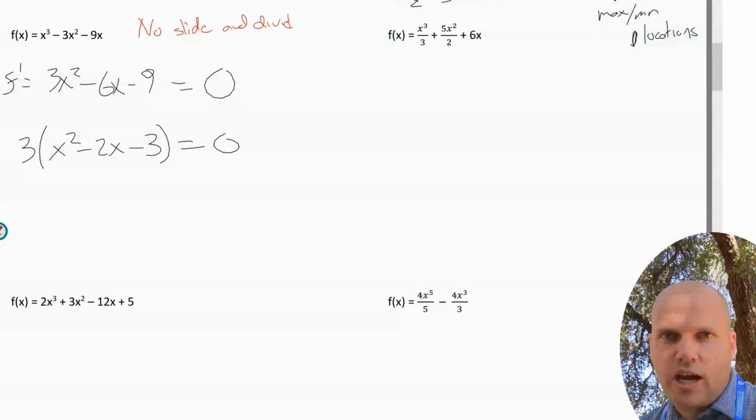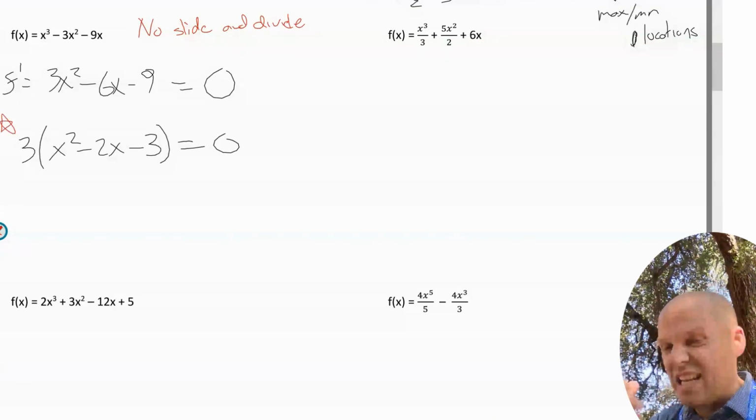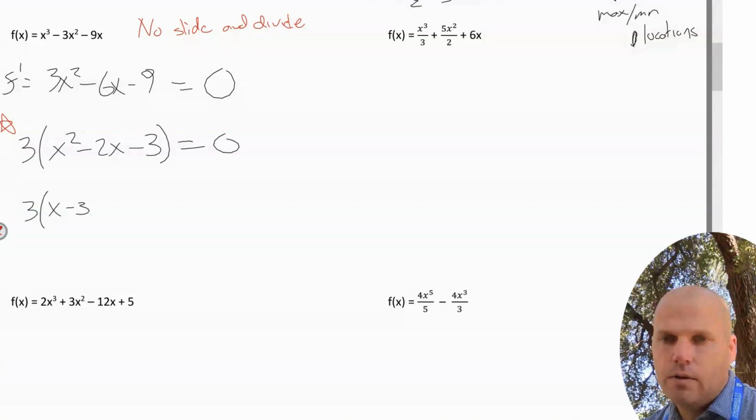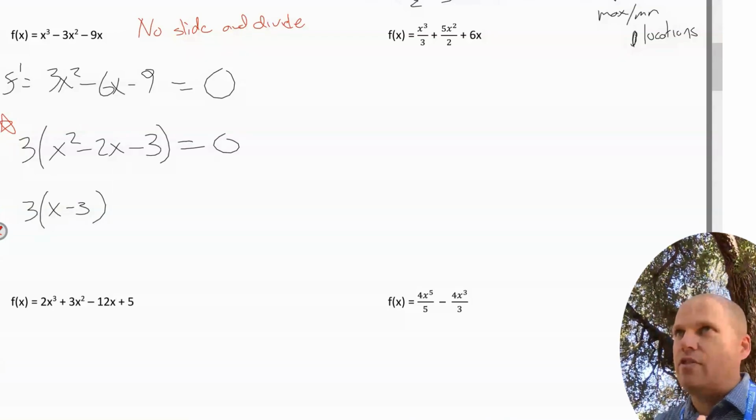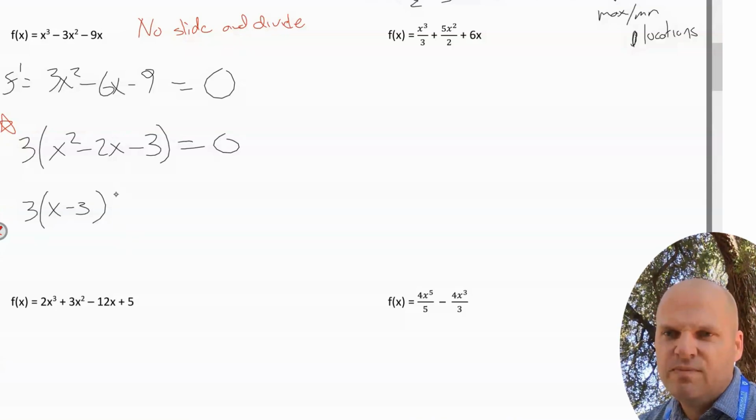I don't want you to slide and divide because we need to keep our slope equation intact. It's very important to have this intact in its full entirety. That way we can find specific slopes if we wanted to at any point. And if you divide by 3, all of a sudden that 3 is gone. And then the slopes that you're going to think you're going to get are not going to be the actual slopes. So don't slide and divide.